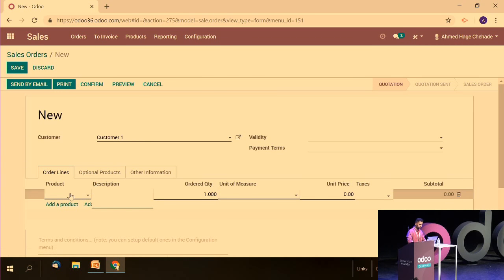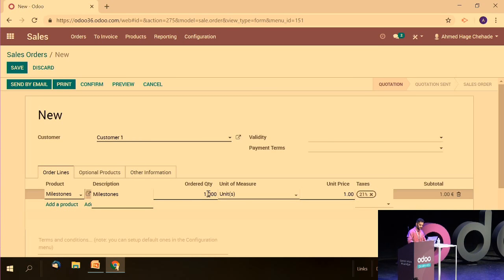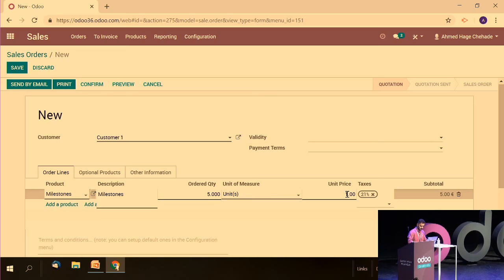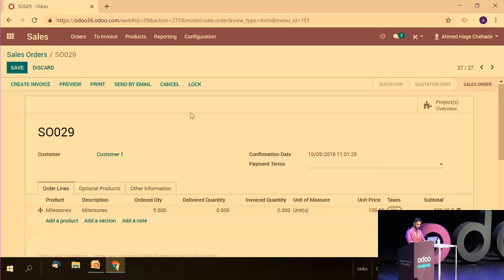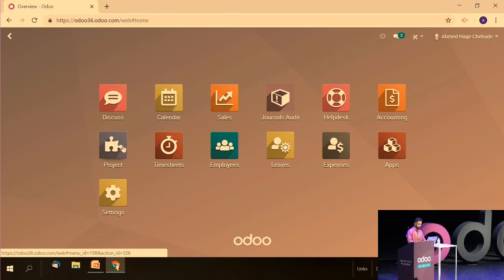Okay, I create now a new sale order. Let's imagine that we have 5 steps in our project. I confirm the sale order, and then I can go to the project overview directly. And if we go to the project application,